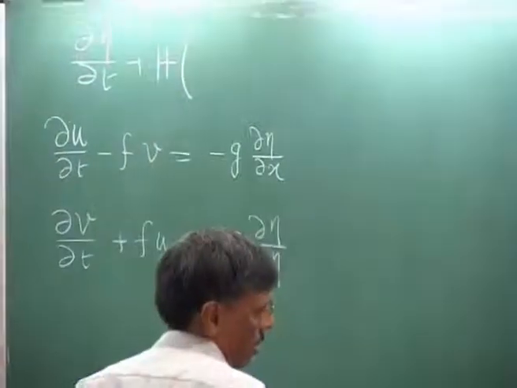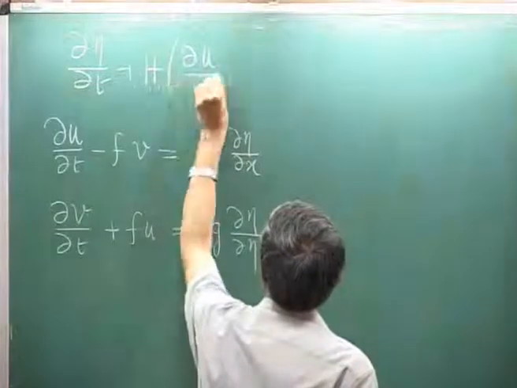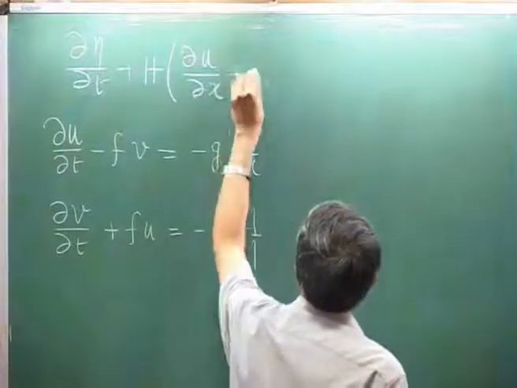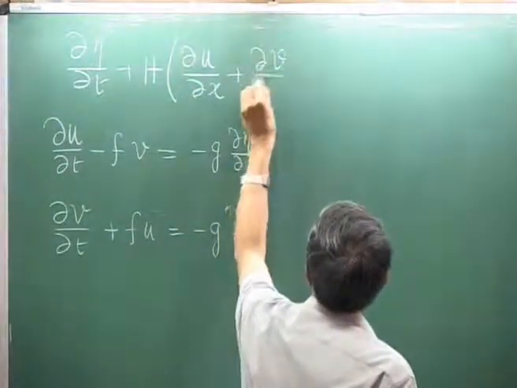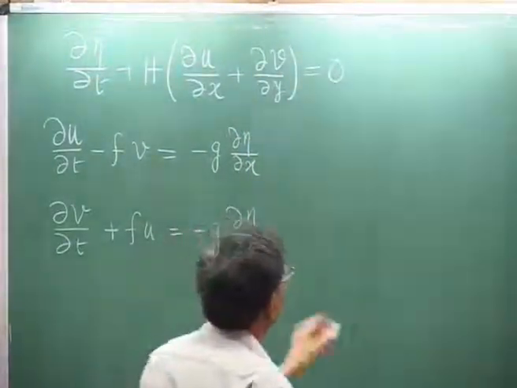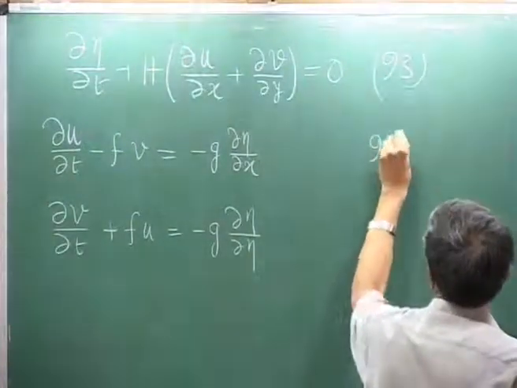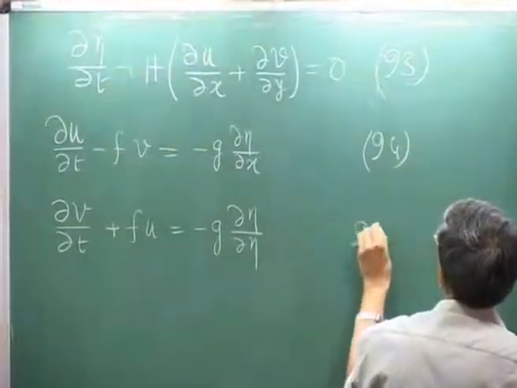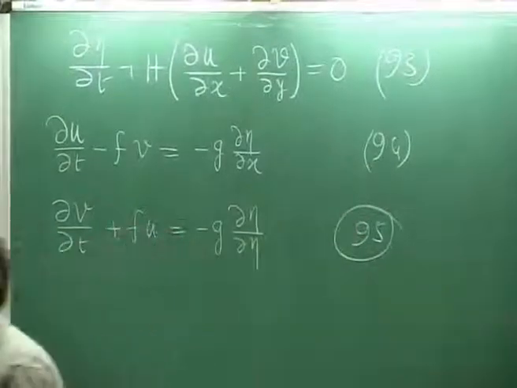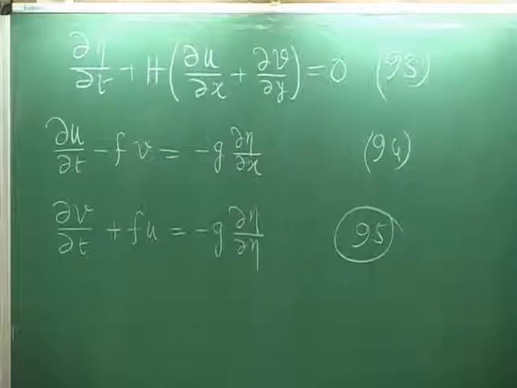So, these are those three equations: this is your 93, this is your 94, and this is 95. So, if we go over these equations slowly,